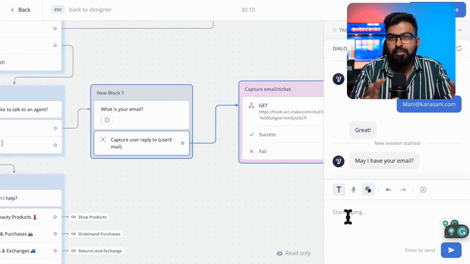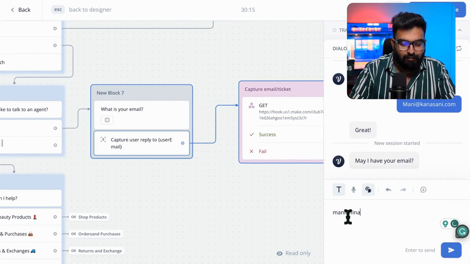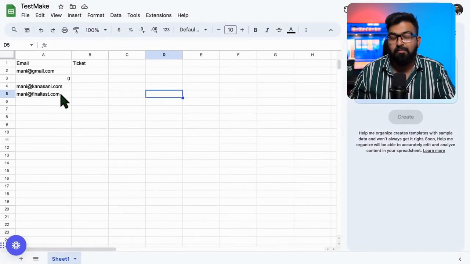Now let me test one last time. money@finaltest.com should be updated in real time. There you have it. And to show you how to integrate this published bot onto a Shopify store, we have